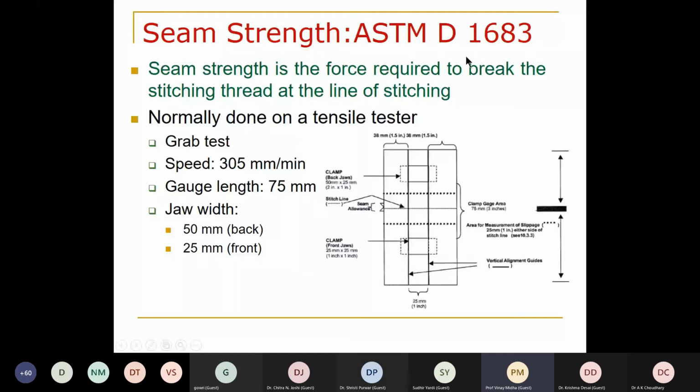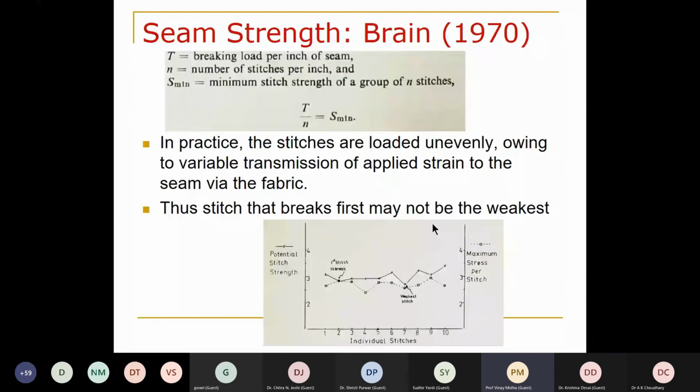So the gripping takes place from this particular part, whereas the garment or the seam is of longer size, larger width. This is the larger width, and gripping is taking place only up to this particular part. So the tensile strength is tested in this manner and the seam strength is available. Now, in this particular case, what happens is that the loading of these sewing threads, which are incorporated in the stitch formation, is not being done evenly. So some of the sewing threads will be getting more load and the others will be having lower loads.